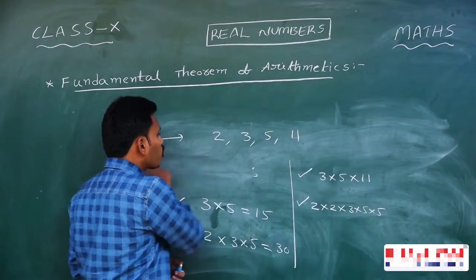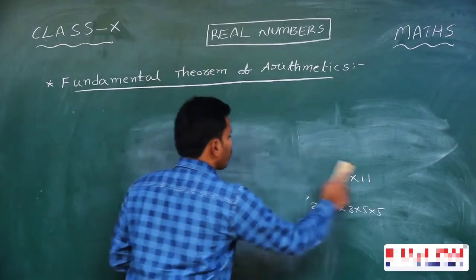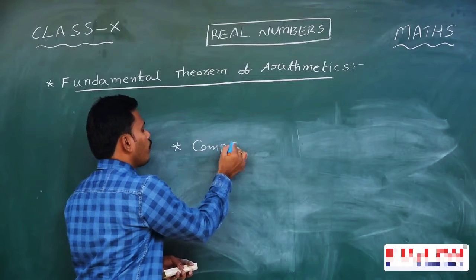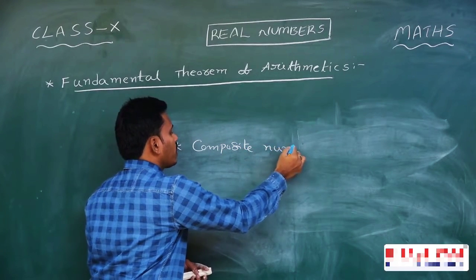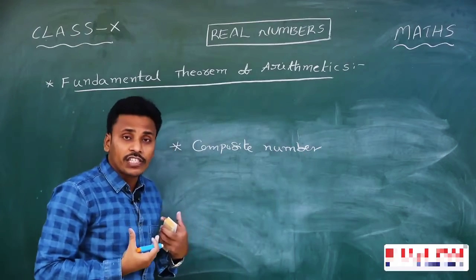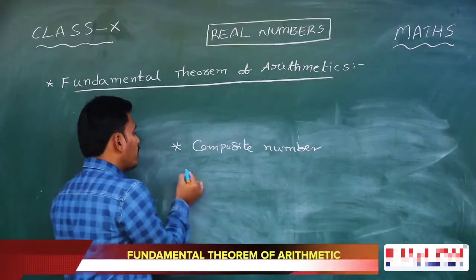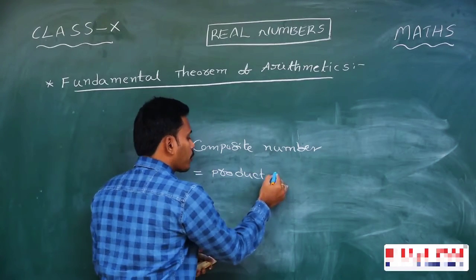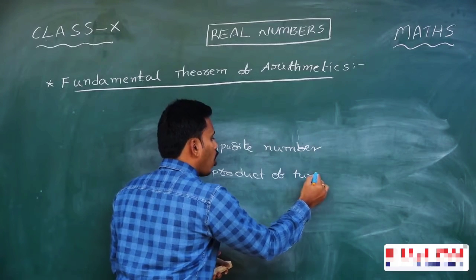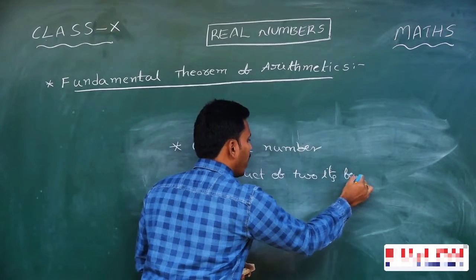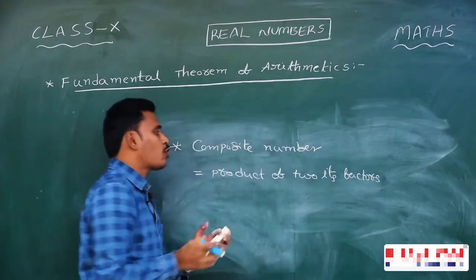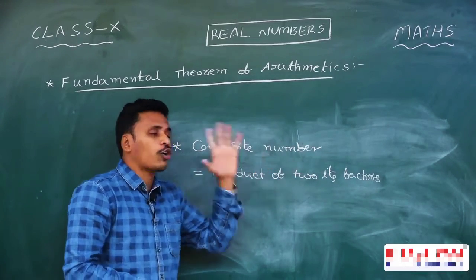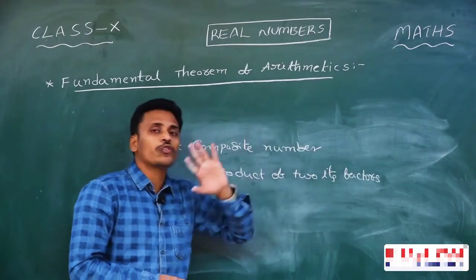And suppose you start with a composite number. I have a composite number with me. Since it is a composite number, we have a chance to express this composite number as a product of 2 of its factors. I will express this composite number as a product of 2 of its factors. Is it right? By the definition of a composite number, 100% it is correct. So at the end, this composite number is a product of 2 factors. Now, just look at those factors.